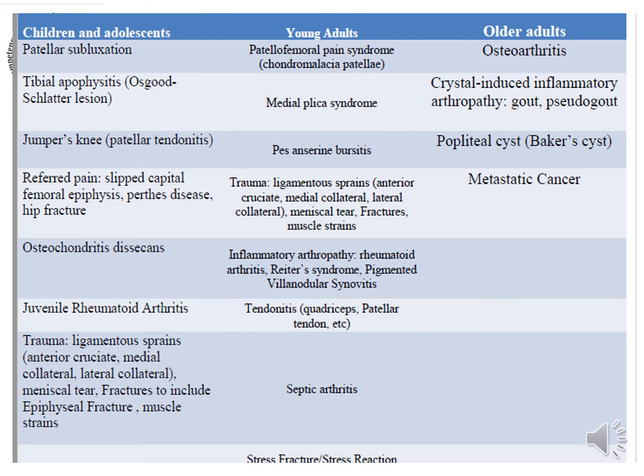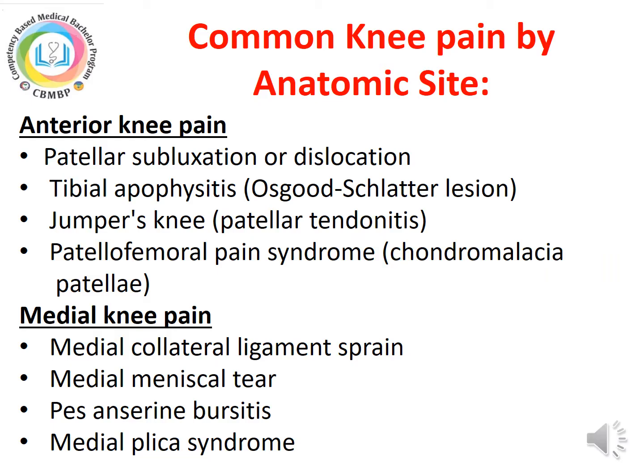But in old age, osteoarthritis is the main cause of knee pain. Crystal-induced inflammatory arthropathy like gout and pseudogout, popliteal cyst, and metastatic cancers are the most common causes of knee pain in old age. According to the anatomical site, we classify the knee pain into anterior knee pain caused by patellar